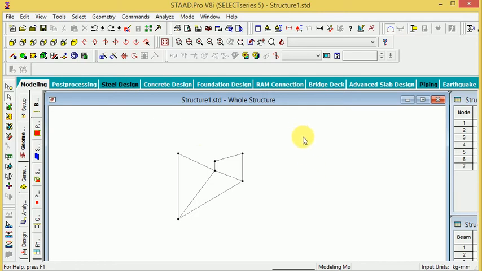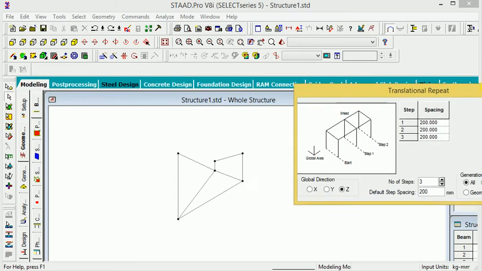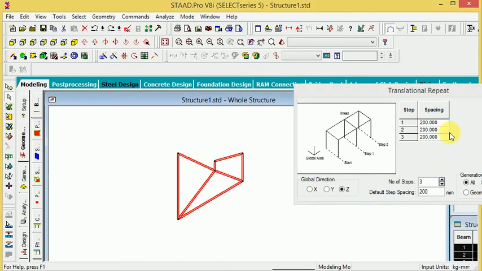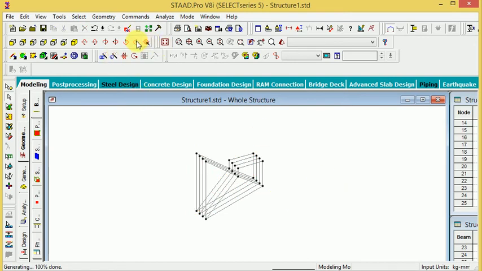So if you change the other pattern here, number of step is 3 and value put down 200, and Z direction, or if Y direction, okay, then Z direction, and then selection for every part, and I will do the okay. Look at this, some distances have been created, right?